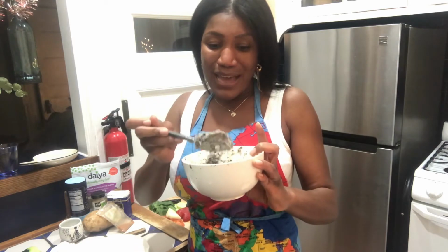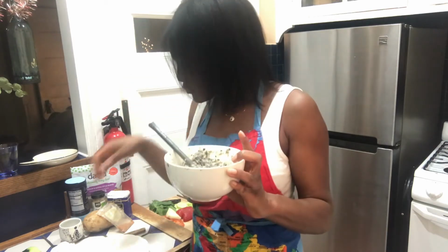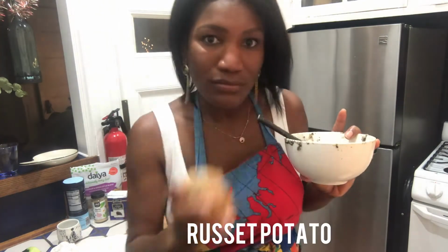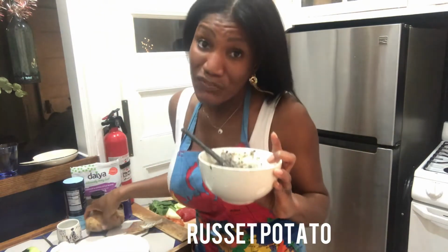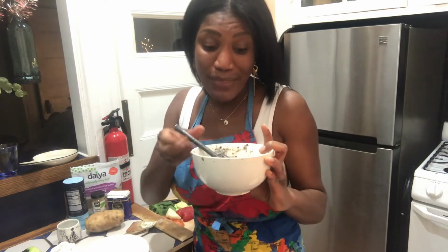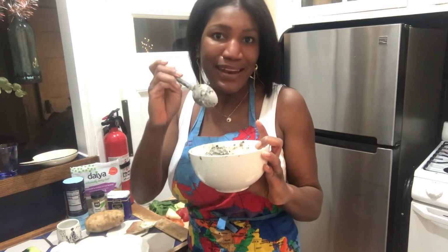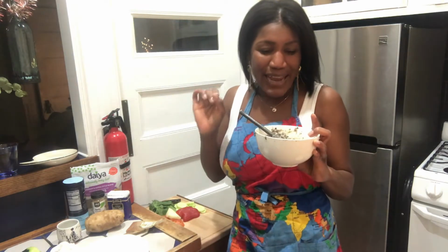So once I did that, I boiled a potato, your regular potato, and I peeled it first and then boiled it, and then I added it into the bean mix and mashed it in. And once I mashed it in, I added an egg, and I added, bit by bit, some